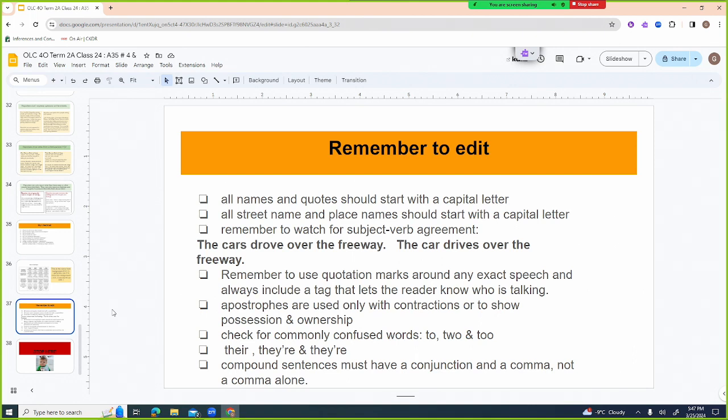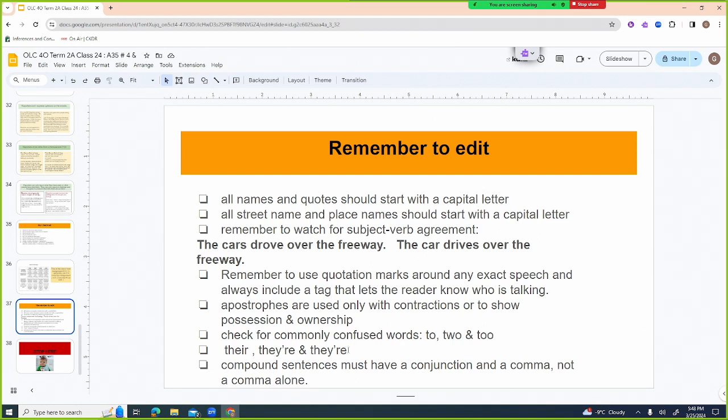And also check for commonly confused words. These are still the most commonly misspelled words: to, two, and too. This TO is location, TWO is the number 2, and TOO is like me also, me too. And then same thing with their, there, and they're. T-H-E-I-R is for people, ownership. They're with the apostrophe, RE, is the contraction for they are.